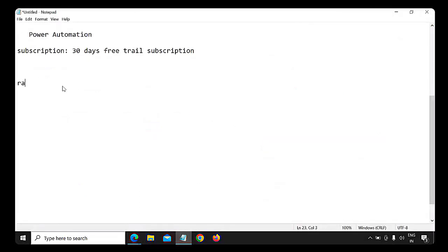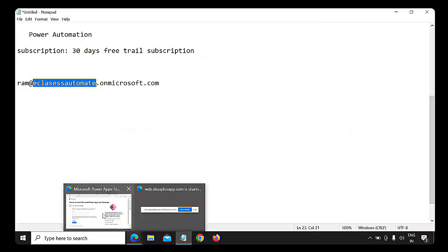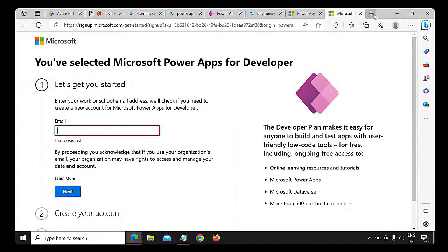So the email address I want to create is like this: Ram @ Eclasses automate dot on Microsoft.com. So this is a common format, and here you can change either this name as per your requirement, or this name you can change as a business name. So where can you create this email address? You can create it